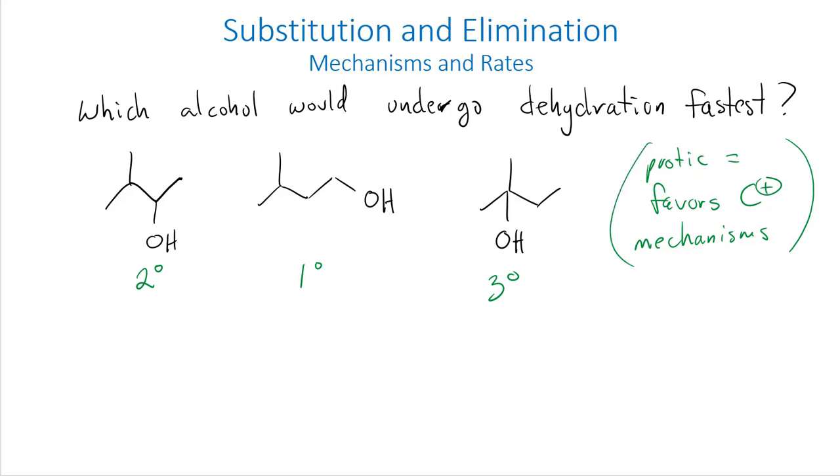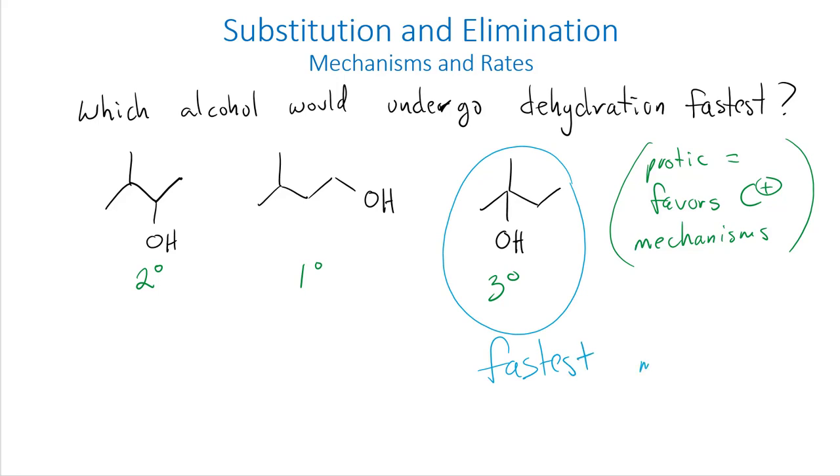However, in this case, if we're doing dehydration, we're doing an elimination, so we don't have a nucleophile, but our rate of reaction is still going to be favoring formation of the more stable carbocation. And so our tertiary is going to be fastest,